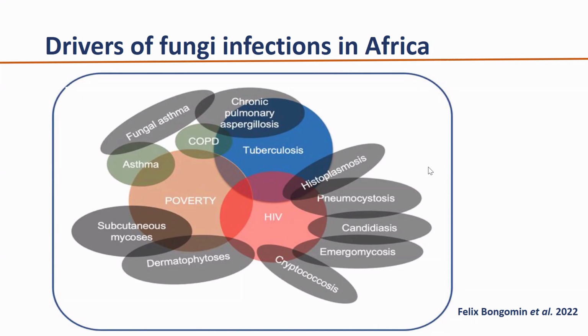All these ones predispose them to get infection. But we should also, on top of that, remember that Africa is among the underdeveloped countries, the countries which are still developing, and poverty is one of the big drivers for HIV, is one of the big drivers for tuberculosis, and all these are the predisposing factors to fungal infection. So as long as poverty is in Africa, as long as tuberculosis is in Africa, as long as HIV is in Africa, then fungal infections are there in Africa.